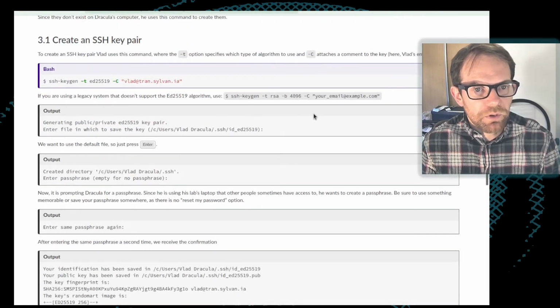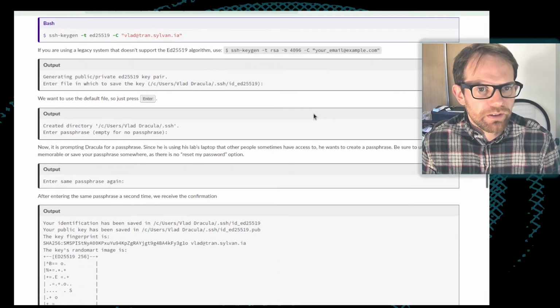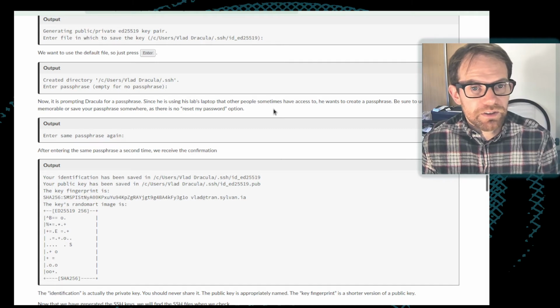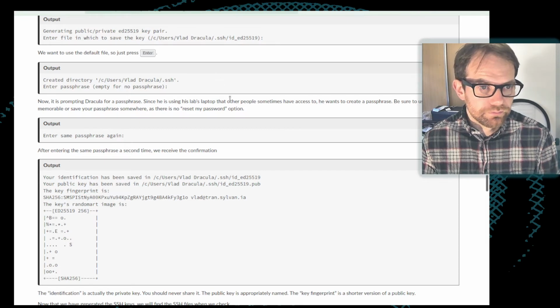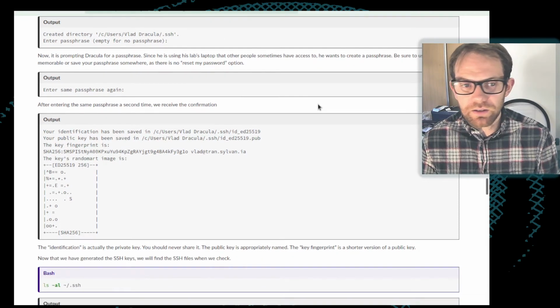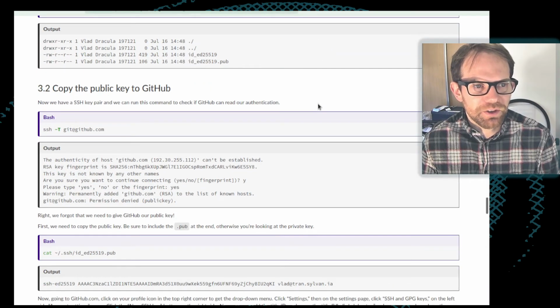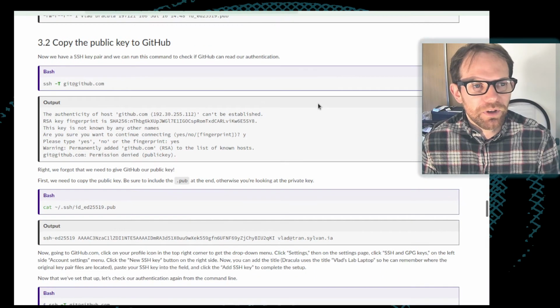So I will let you go through this yourselves later on when you come to it. It's a useful thing to be able to do, so it allows you to push to your repositories without having to put in a password every single time. It uses some reasonably clever cryptography techniques to allow this to actually happen. But again, it is slightly out of scope, I feel, for what we actually want to do.